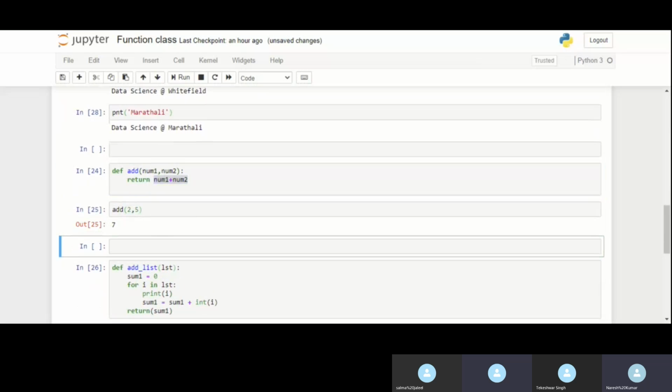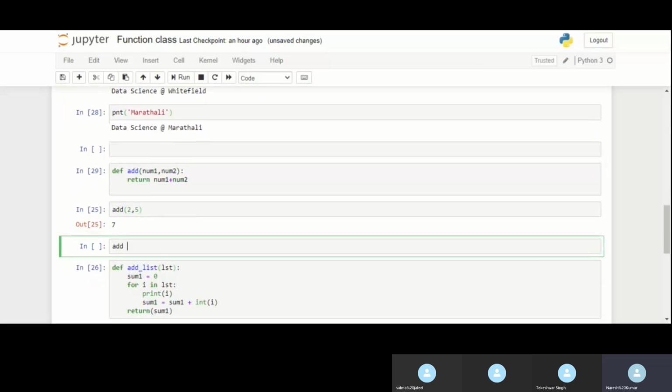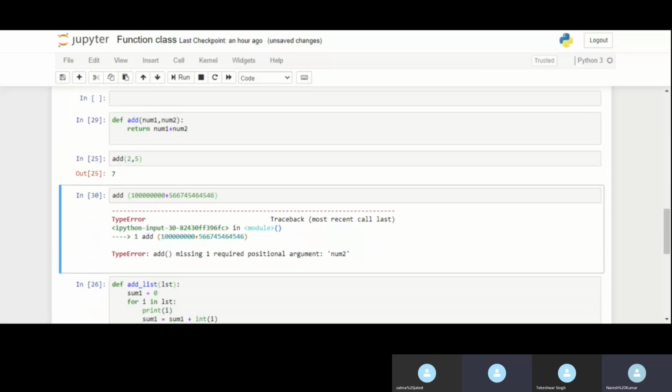So for example, if I run this function again and I'm doing add, tell me what would be the output. It would be very difficult to add these 2 numbers manually, right? With the help of this, we can run this. This became too huge, I think.